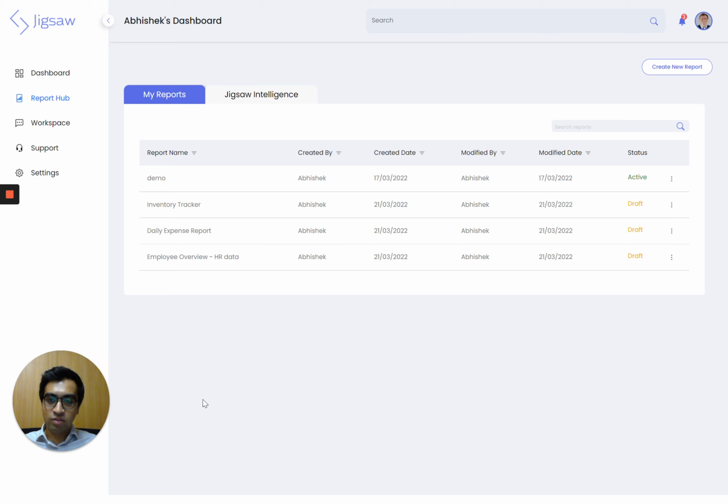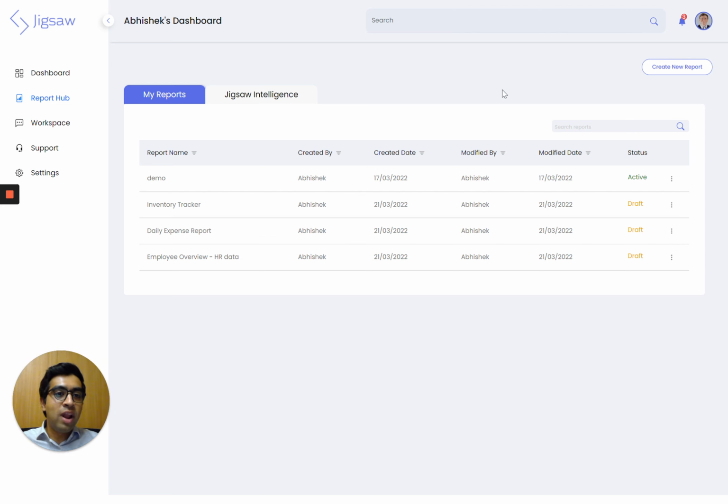Jigsaw is use case agnostic. Using this same software without the need for any customization or coding, a manufacturing company can manage their inventory and track reports for their inventory management. A finance team of any company can track maybe their expenses and budget and things like that on a daily basis. Or even an HR function of any company can track maybe employee data and employee pay and things like that. So any use case can be automated and optimized on Jigsaw using the same platform with Excel as the